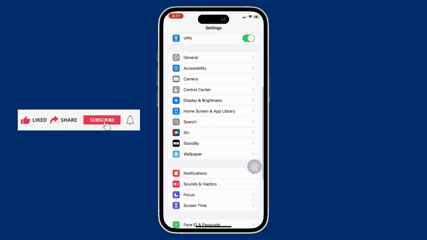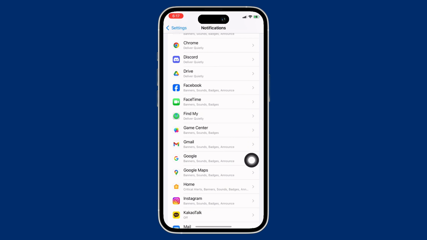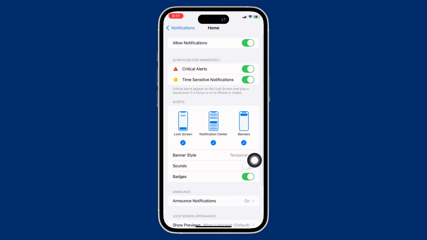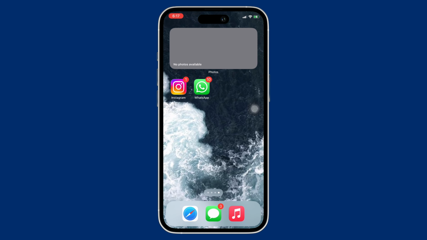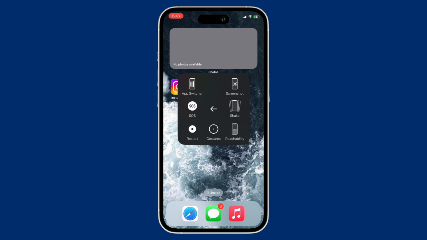launch the Settings application on your device, tap on Notifications, and tap on Home. Here you will see the Critical Alerts toggle button. Go ahead and toggle off the toggle button for Critical Alerts. See if the issue is fixed or not, and if not, then you can try to restart your iPhone, as